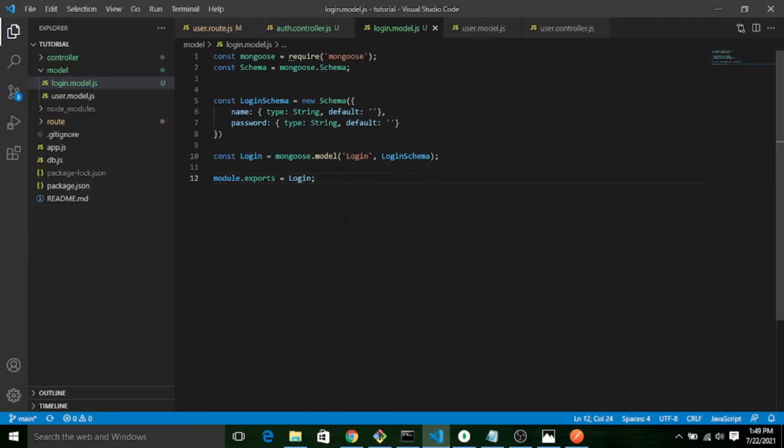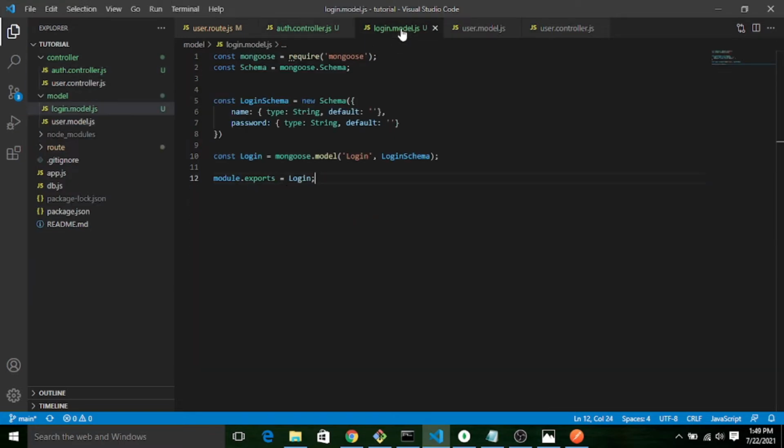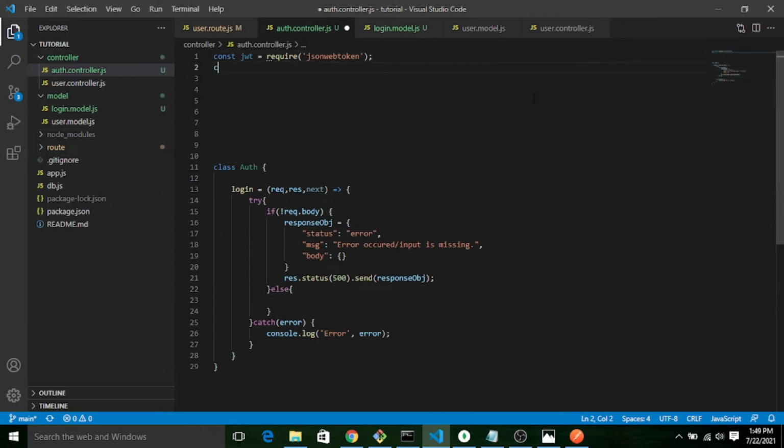So here my login model is okay. Now let me import the same model into my auth controller. So I imported my login model here.